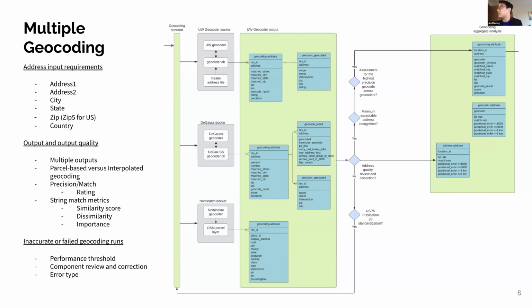Finally, there's the right side over here where, as part of our plan, we are going to do something that's iterative, but we do need to review them in their entirety. So is this an issue about the address? And even after we've applied a correction, is this going to save it? Versus is the address itself prone to inaccurate geocoding outputs? We can understand this about the address, and we can also understand this about the geocoder.